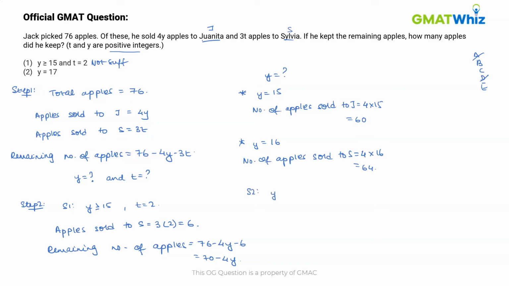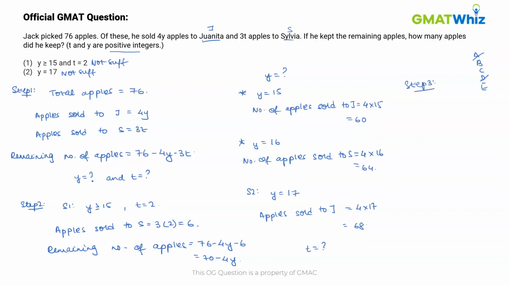In statement 2, we have the value of Y to be equal to 17. Then, we can find the number of apples sold to J, which will be equal to 4 times 17, which is equal to 68. However, we don't know the value of T from statement 2. So, statement 2 is not sufficient, and we move on to the last step, which is step 3, and analyze